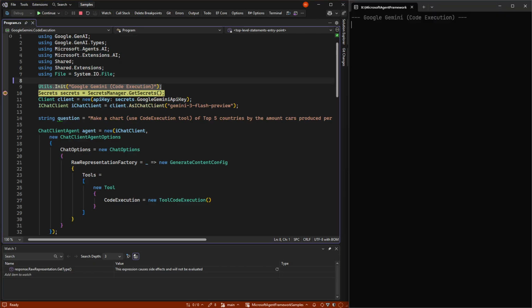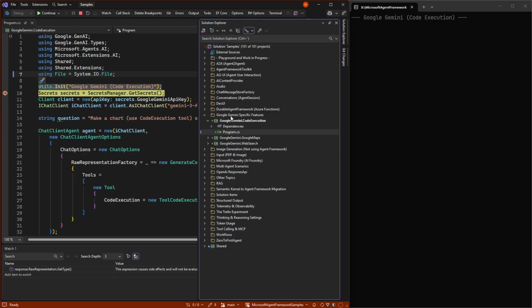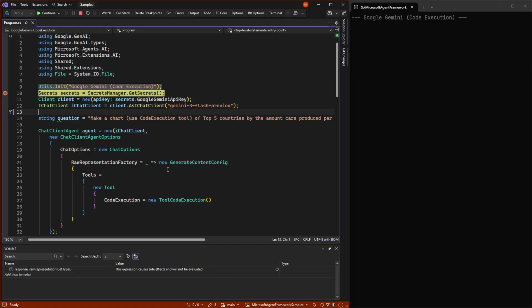So let me bring up a sample here, and that sample being under Google Gemini specific features, Google Code Execution. Code execution is a way to run Python in a sandboxed environment up at Google, and then either use it to do some advanced calculations, like prime numbers, or use it to generate, for example, charts that you would like to get back as images in the tool.